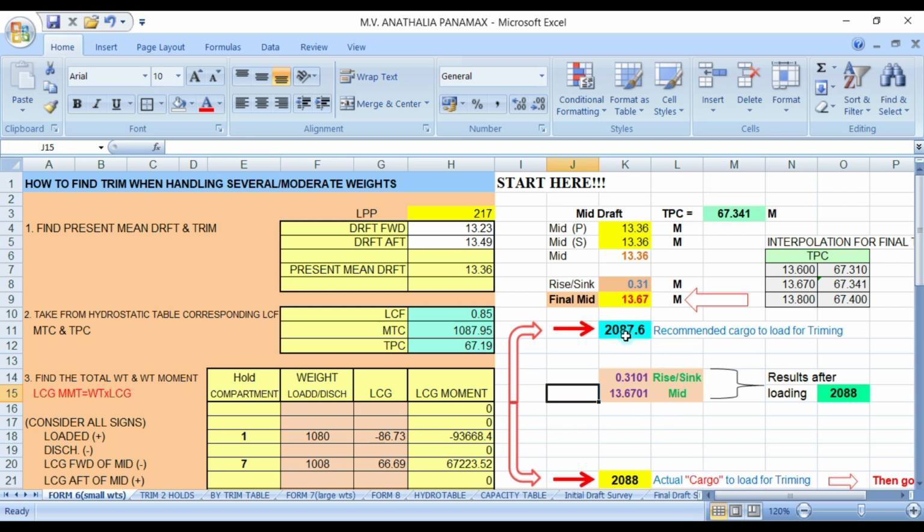Okay, so its recommended cargo to load is 2087.6. So you input 2088, and what happens if you load 2088? Your mid draft will be 13.6701, which is almost the same with this one, and your sinkage is 0.3101, which is almost exactly with your sinkage. Okay, so with that,